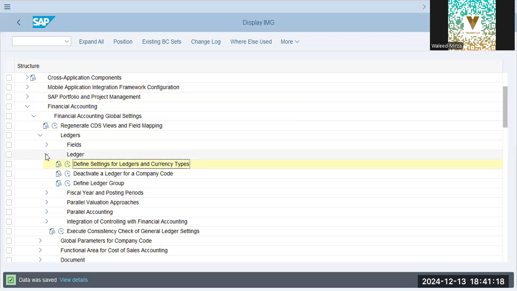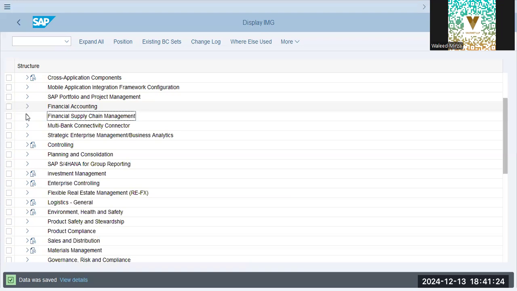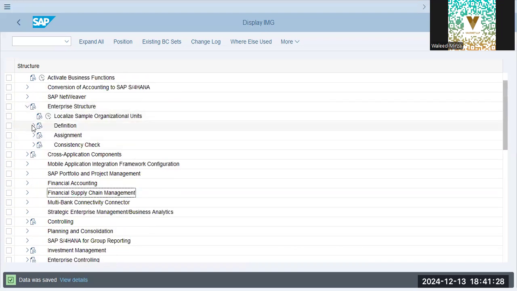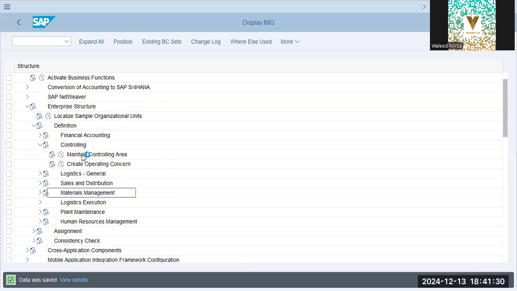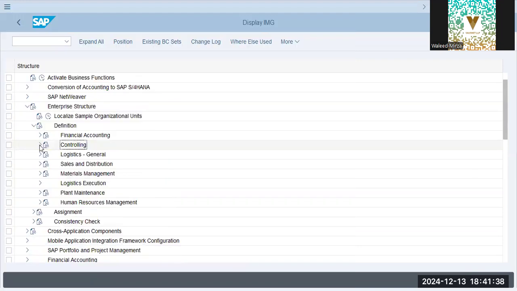Okay, next is what is next? Yeah, next is, I just forgot. Got carried away. Enterprise structure, definition, controlling, maintain controlling area. No. Next is